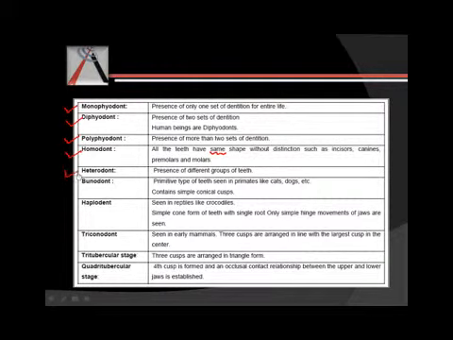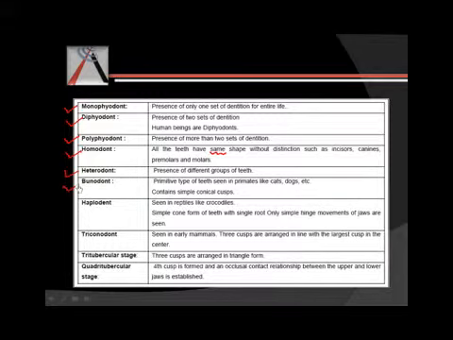But when we talk about heterodont, there is presence of different groups of teeth. Example in humans, we have incisors, canines, premolars and molars. So they are all different groups of teeth. So now if we see, we are diphyodont, that is we have two sets of dentition, and we are heterodont, that is we have different shapes in our dentition, different groups of teeth in our dentition.